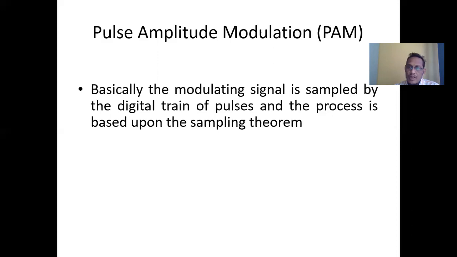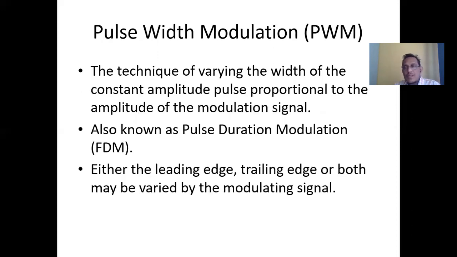Okay, same thing we can define for pulse width modulation. This pulse width modulation is somewhat equal to frequency modulation. I defined frequency modulation in unit number 2. In frequency modulation, the high frequency carrier signal is changed in accordance with the amplitude of the modulating signal by keeping amplitude and phase of the carrier signal constant. This was about frequency modulation. So I will call frequency modulation exactly identical with pulse width modulation, where the definition of pulse width modulation is like this.